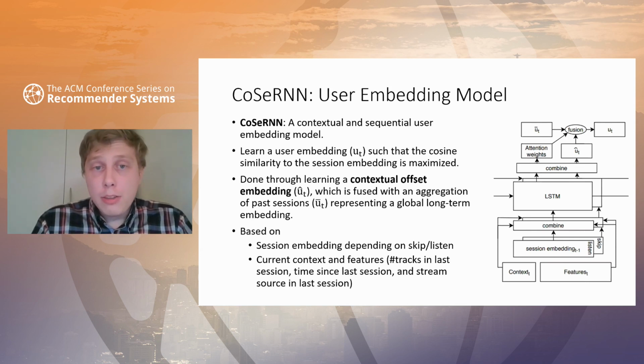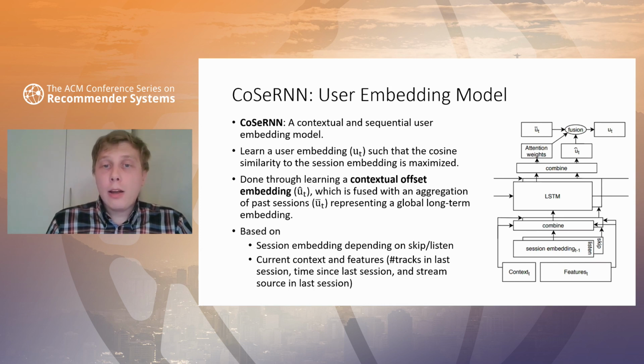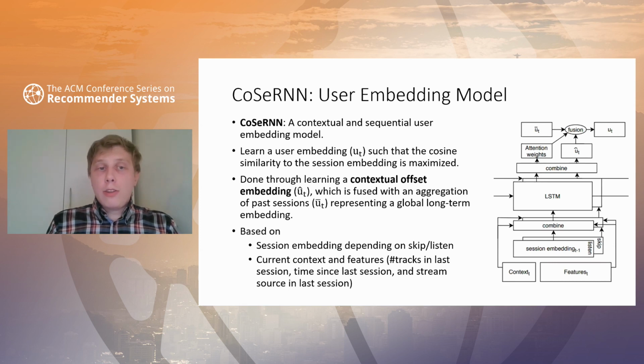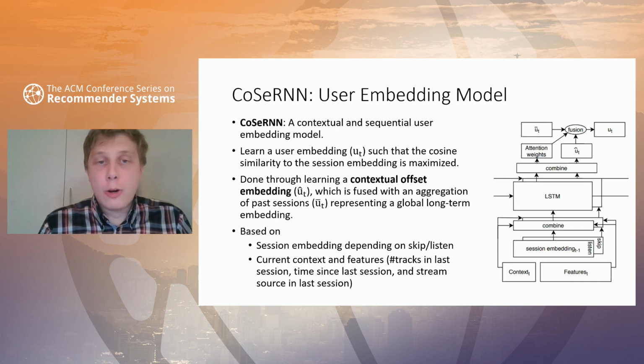And the way we do this is through learning a contextual offset embedding, which we combine or fuse with an aggregation of all the past sessions a user has experienced. This aggregation is a weighted average and corresponds to a point in the space of a global long-term embedding of where the general music taste of that user lies. And then the point of the model is to learn an offset to that point,